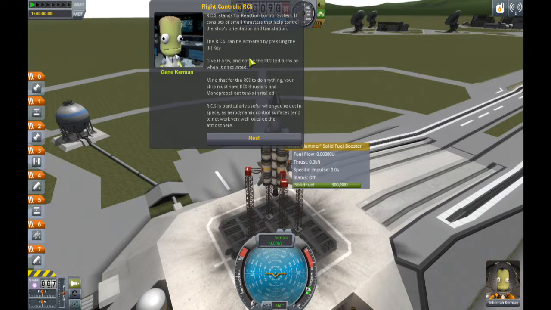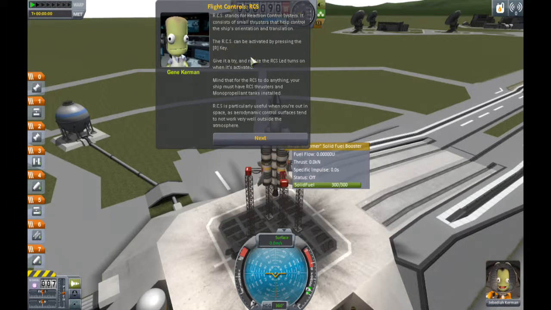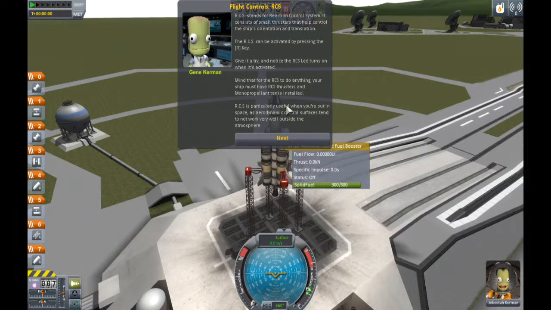Mind that for the RCS to do anything, your ship must have RCS thrusters and monopropellant tanks installed. RCS is particularly useful when you're out in space, as aerodynamic control surfaces tend to not work very well outside